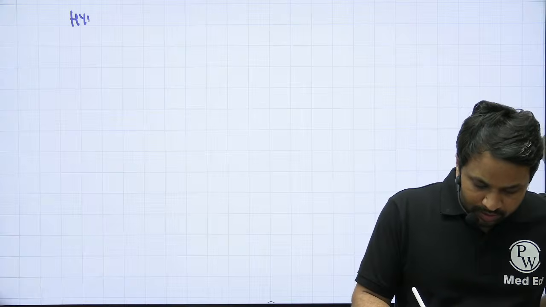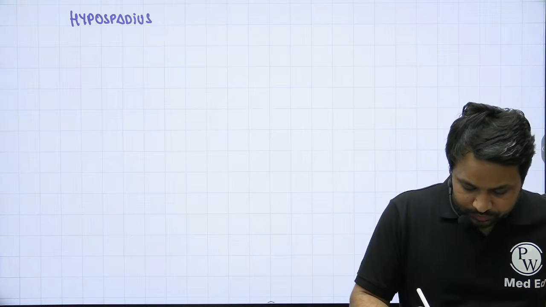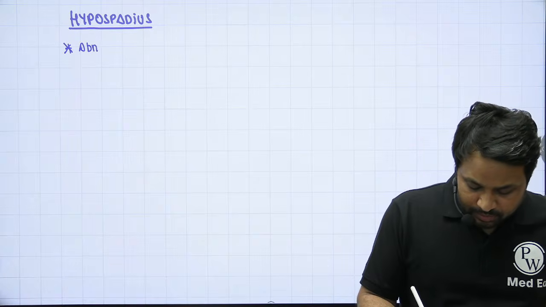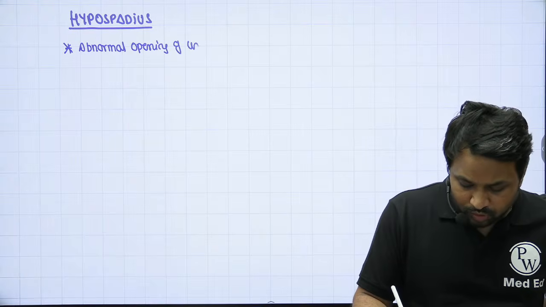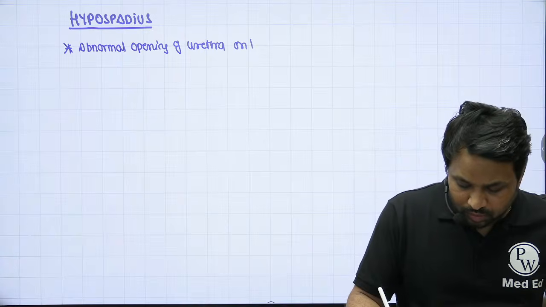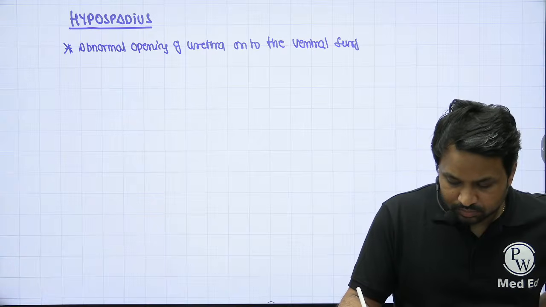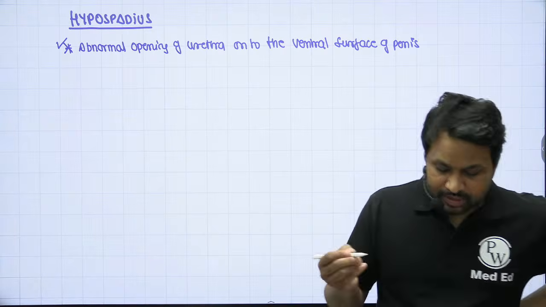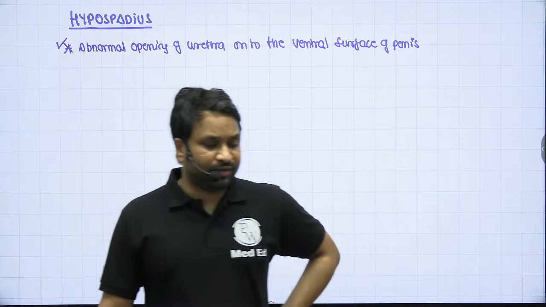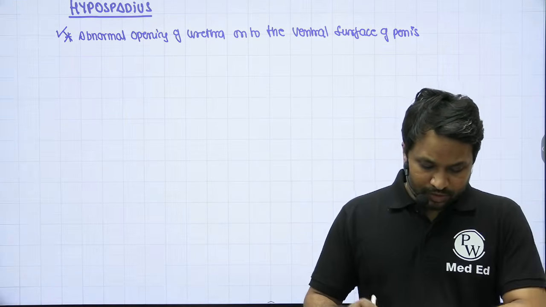So we'll talk about hypospadias. Hypospadias is defined as an abnormal opening of the urethra onto the ventral surface of the penis. So there is an abnormal opening of the urethra onto the ventral surface of the penis, which is what we call hypospadias, right? So for the sake of classification,